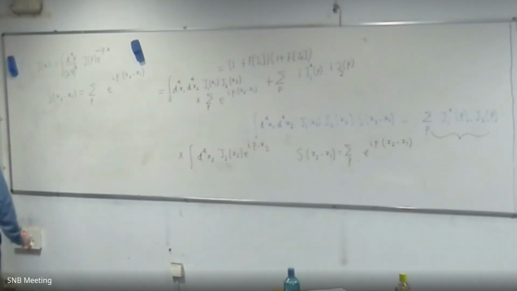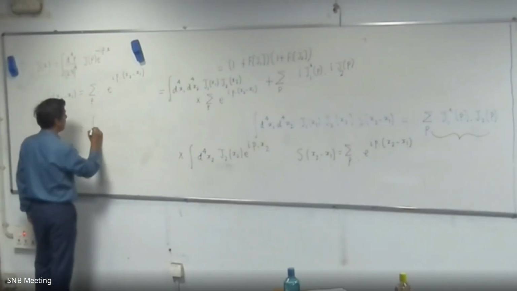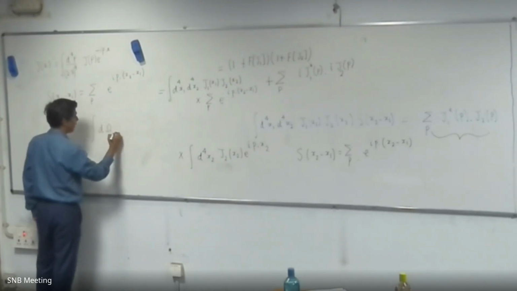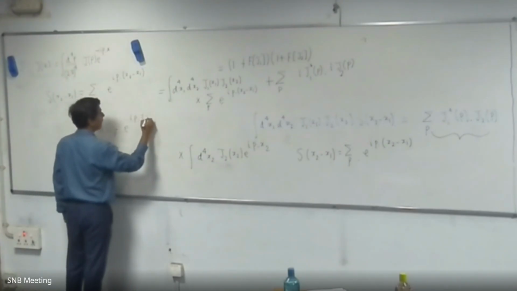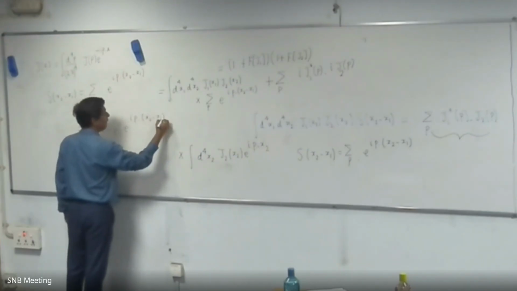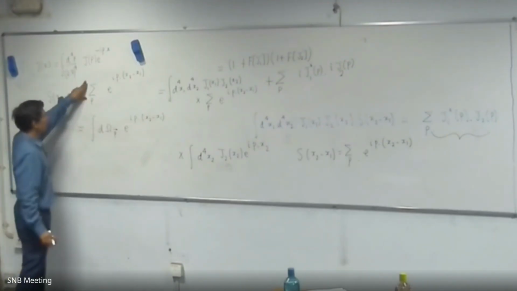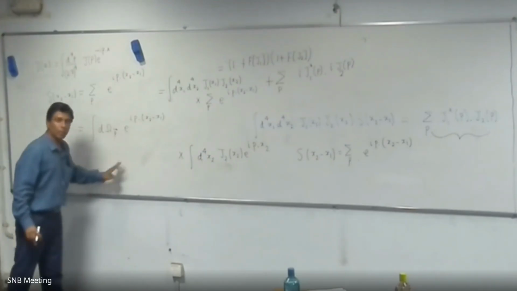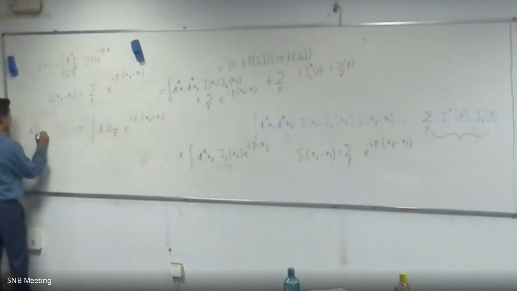So, if this part is clear, now I shall do a trick. I shall convert this sum to an integral and write this by assuming that the momenta are not discrete now, they are a continuous set of momenta, and therefore you can replace this sum over p by an integral over this thing. And what is this d omega p? D omega p is basically d3p by